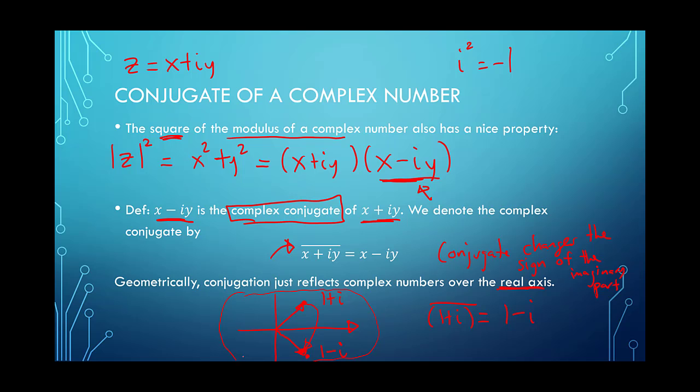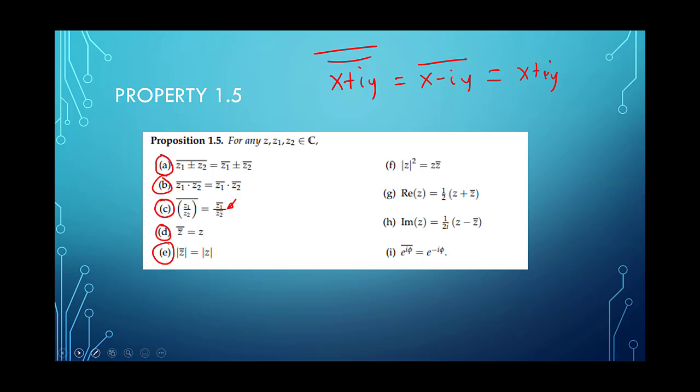All we're doing is we're reflecting, right? So that means that the lengths of our complex numbers are being preserved under conjugation, or under the complex conjugate. If you take the square of the length of a complex number, it's equal to the complex number times its conjugate, which we already saw. Remember, that was that x plus iy times x minus iy equals x squared plus y squared business.